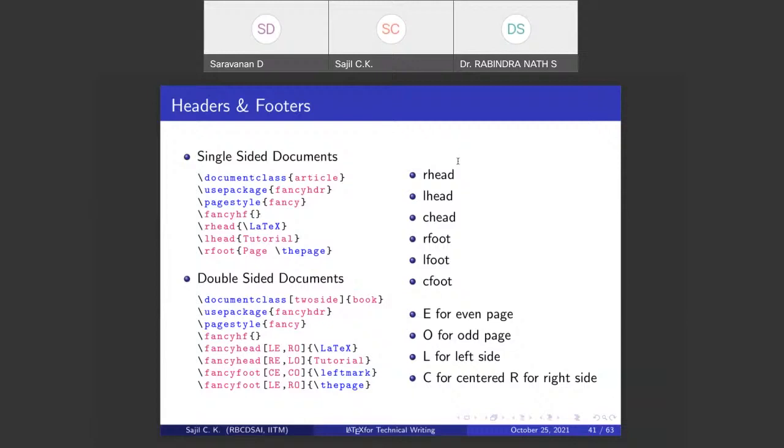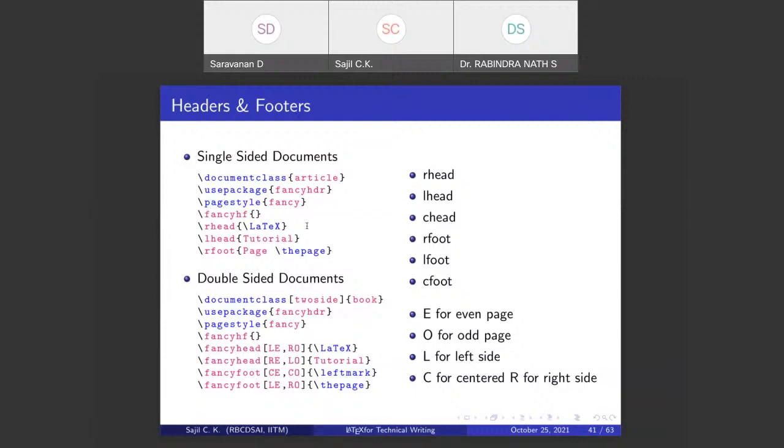Depending upon whether you are working on a single-sided document or a double-sided document, you just need to give the commands respectively so that it would appear in the right form. I will show you the use case.